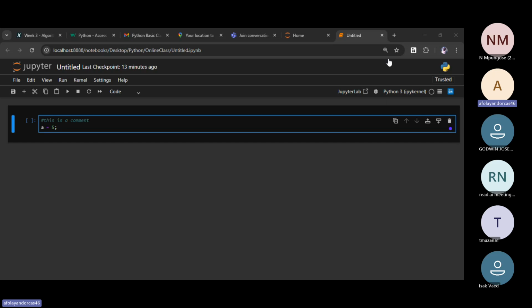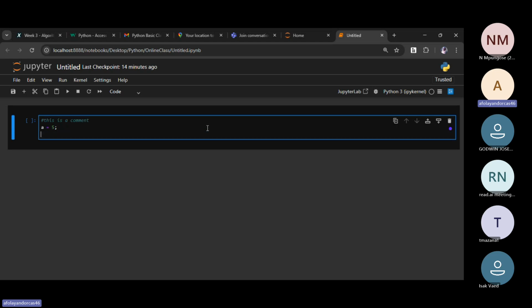So in today's class, we are going to be talking about string. And in the other class, I did not make use of this Jupyter notebook. So in this class, we are going to be getting our hands dirty with Python code. So getting our hands dirty now. Please excuse me. So sorry for that.